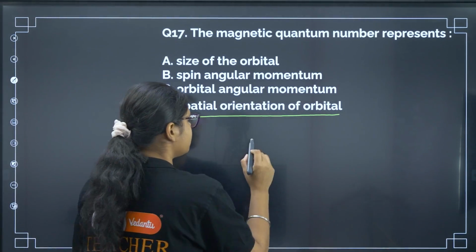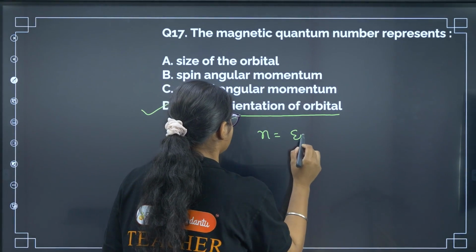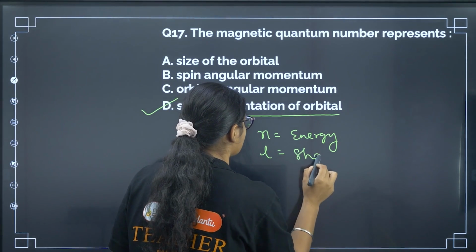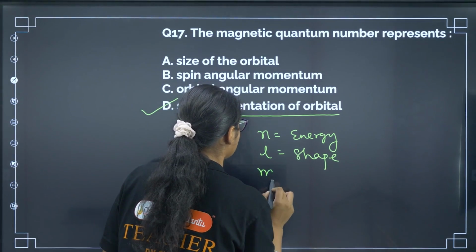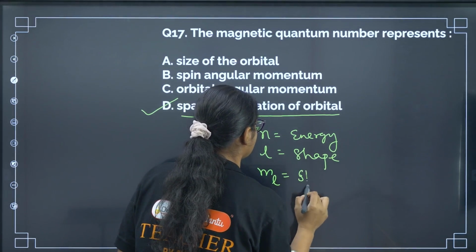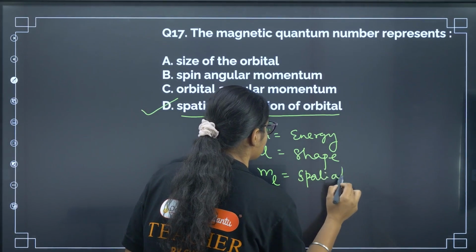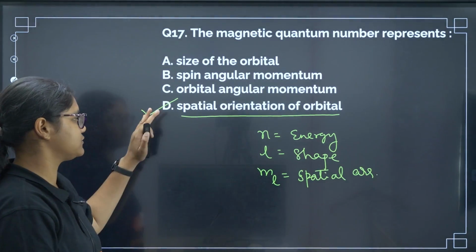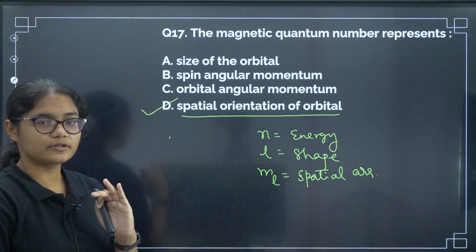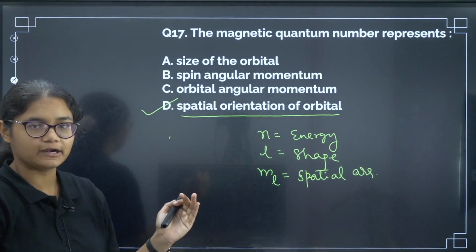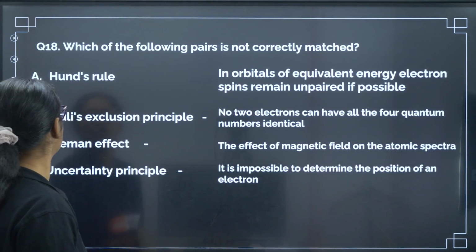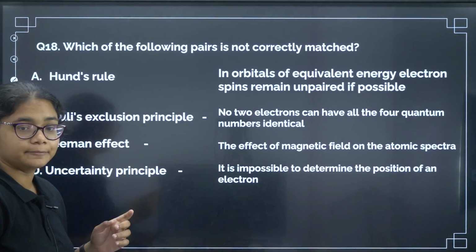So if you have remembered, n represents the energy of the shell. Okay, L represents the shape of the orbital. ML represents the spatial arrangement of the orbital. Okay, so you can just remember quantum numbers. Many questions are asked based on their significance, like how many electrons are there in this orbital, that orbital. So such questions are asked. Okay, now this comes to your